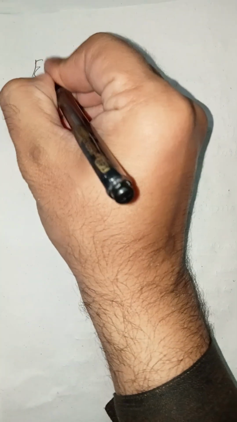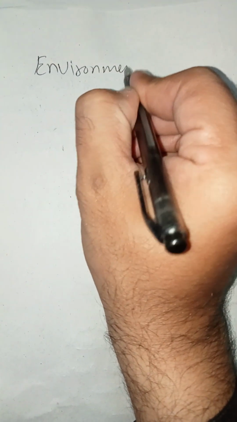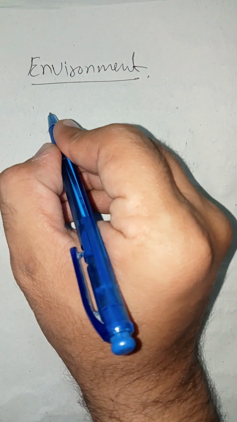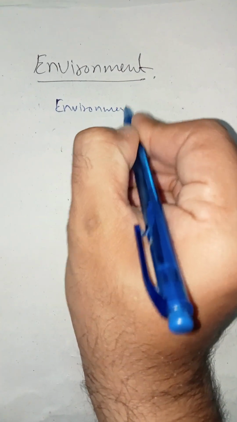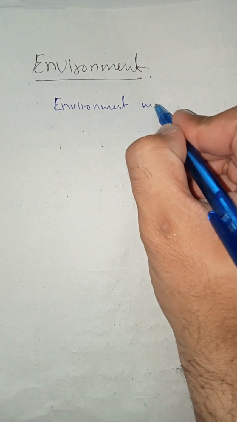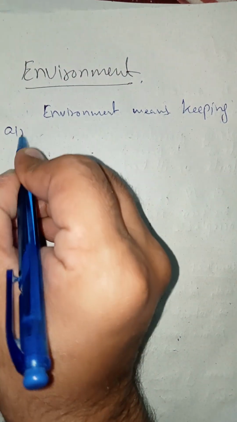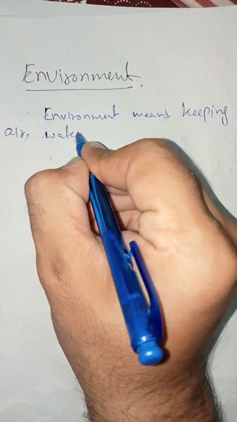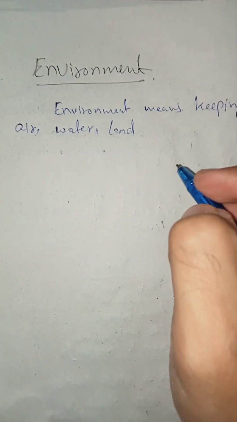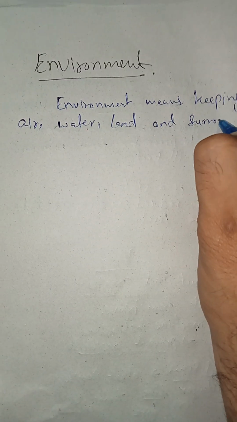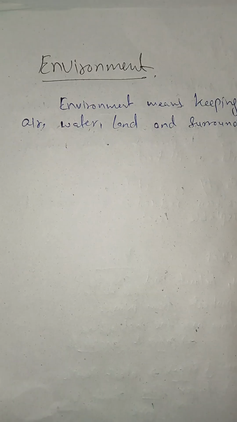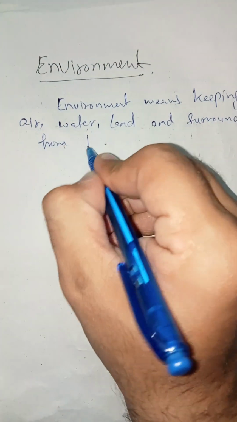And today's last thing is what? Environment. This is also very important. What does environment mean? Let's write first the definition of the environment. Environment means keeping the air, water, land, and surroundings safe from harm